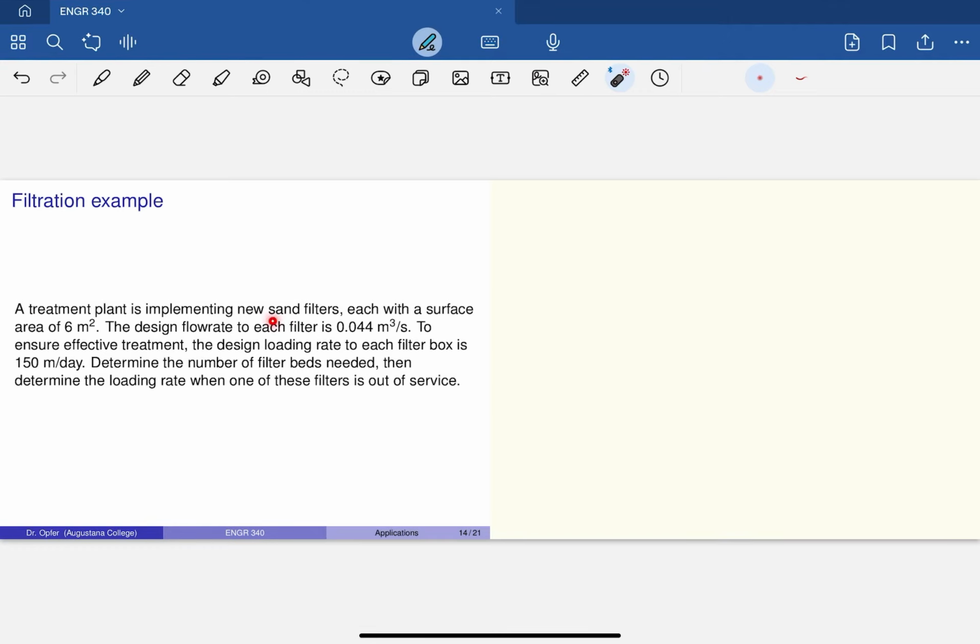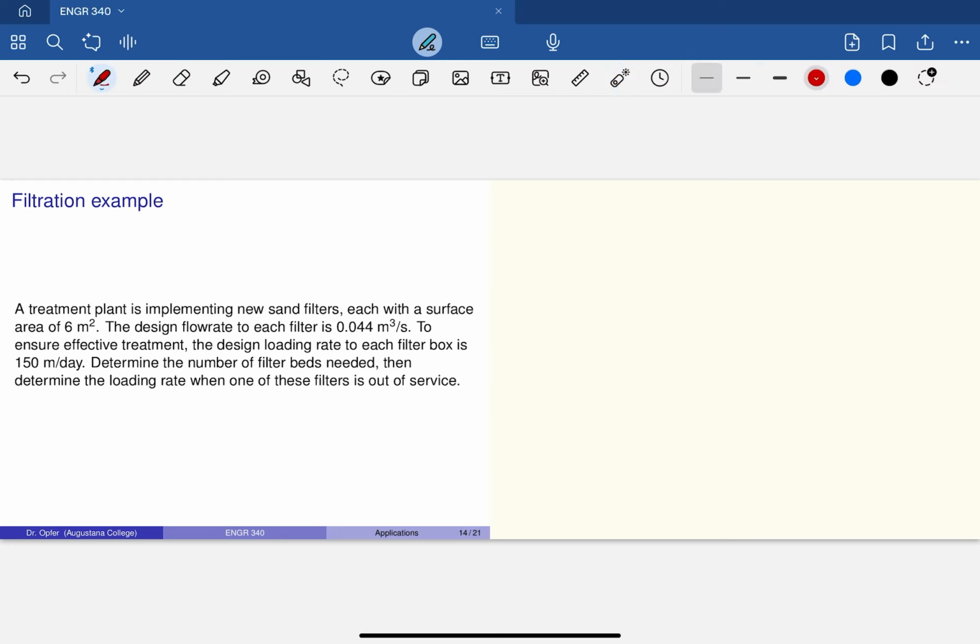Treatment plant is implementing new sand filters, each with a surface area of 6 meters squared. Design flow rate to each filter is 0.044 meters cubed per second, and to ensure effective treatment, the design loading rate to each filter box is 150 meters per day. Determine the number of filter beds needed,